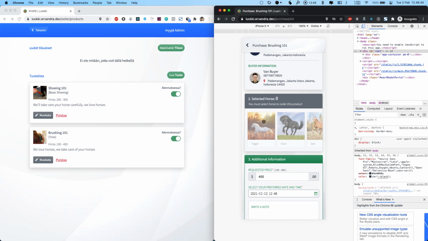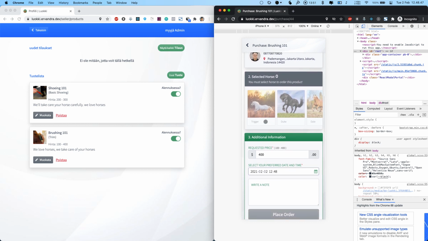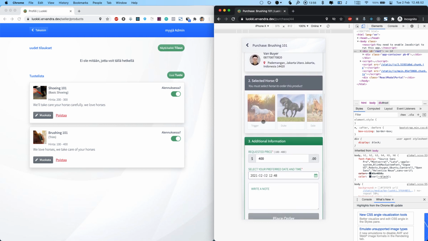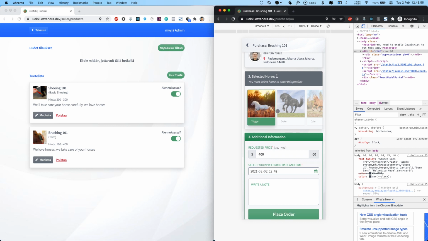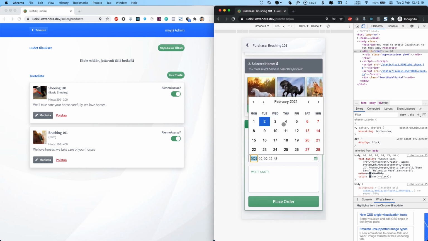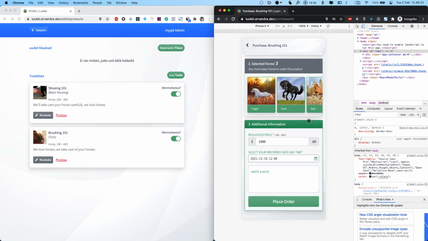And we can select a horse. Without selecting a horse, you cannot place the order. At least one horse should be selected here. The price also needs to be set within the minimum and maximum, or you can put below the minimum or above the maximum price, like 100, and I can select more of my horses here. I can select the dates, like let's try the Saturday,